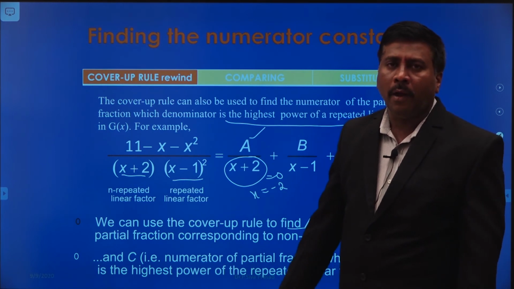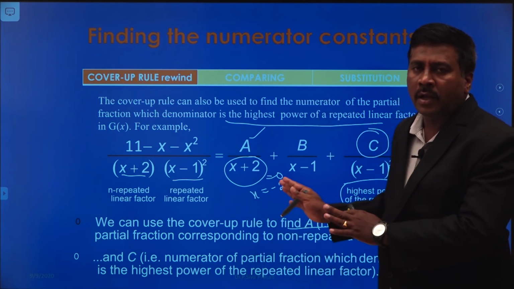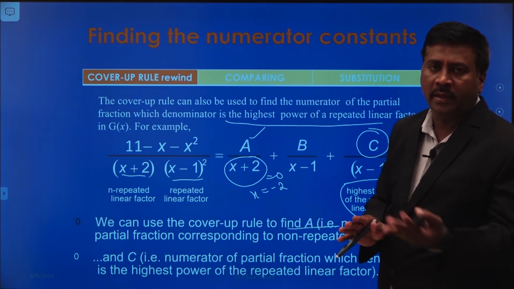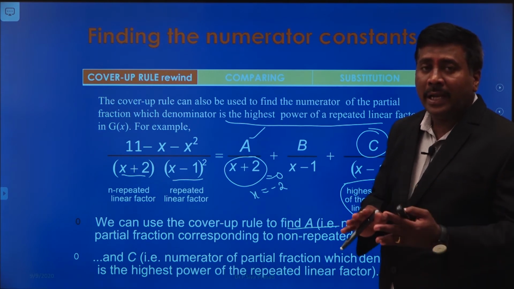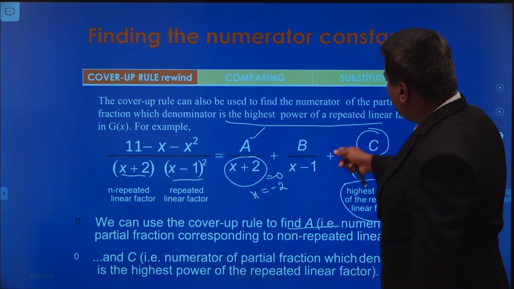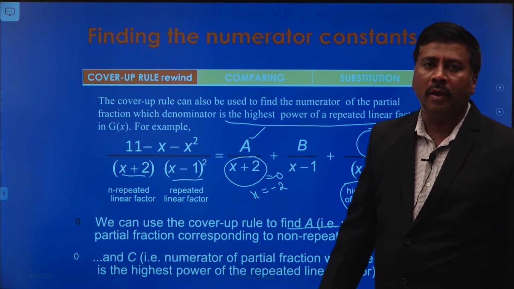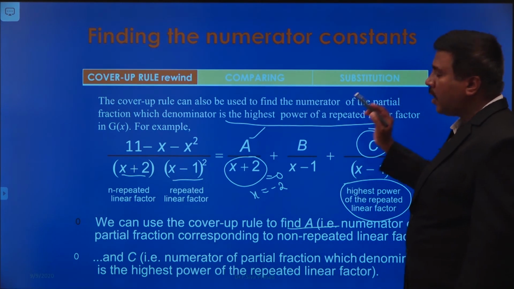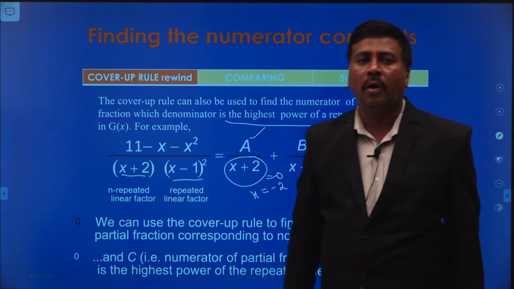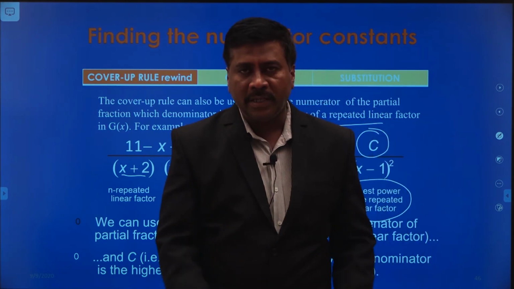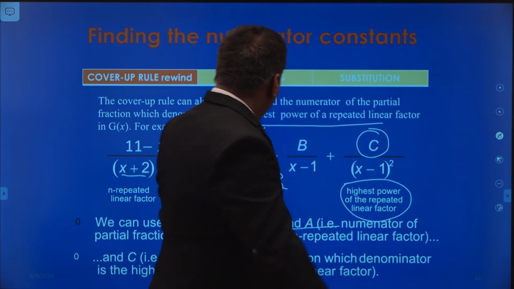Suppose in the problem, it asks what is the value for A and what is the value for C. If the problem is asked like that from a competitive examination point of view, either the GATE exam or UPSC exams, then this technique is applicable. Directly, by using common sense, substitute x equal to minus 2, then automatically you will get the value for A. Similarly, if the problem asks for C, then directly put x equal to 1, since at that place we have to use the cover up rule. All of you catch my point? This is the major difference between what you learned previously and this cover up rule.